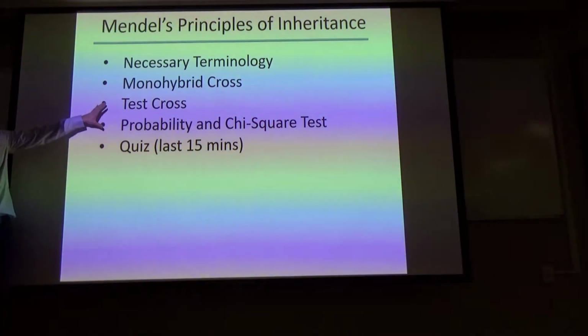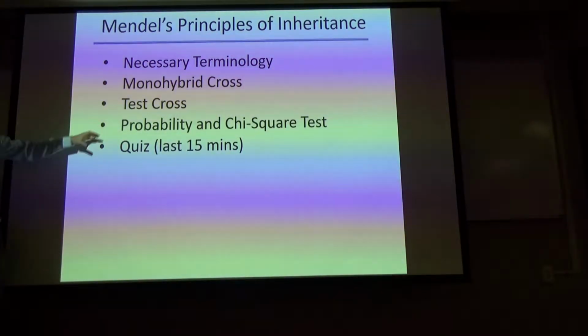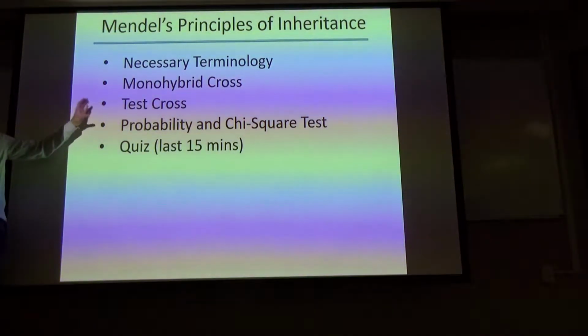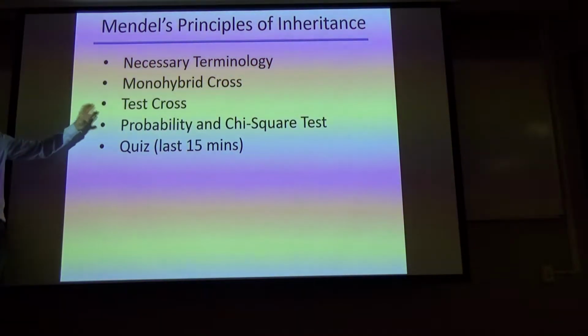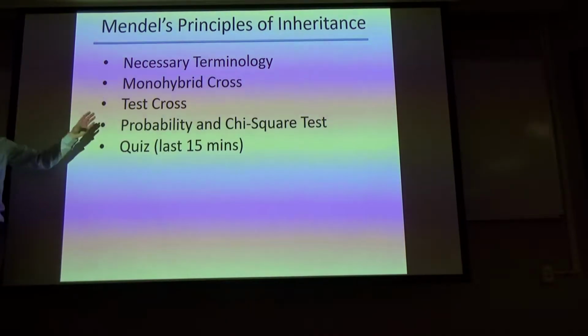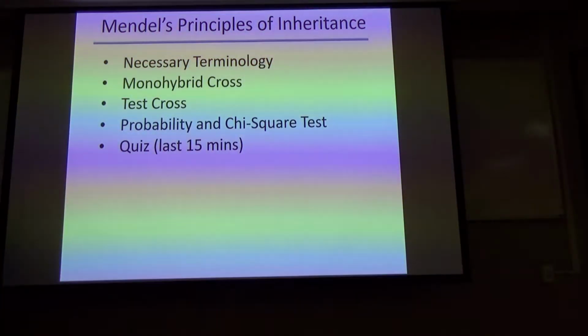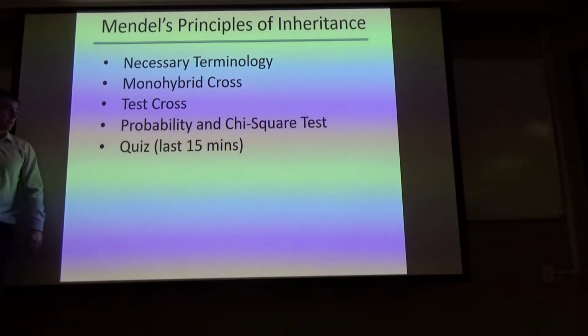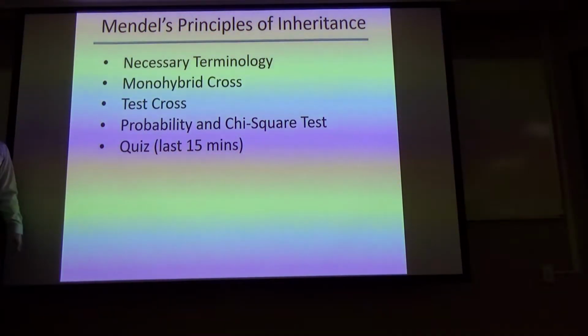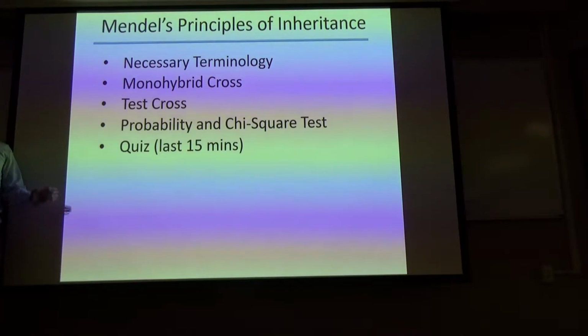We'll go through a monohybrid cross. We'll go through how we proved Mendel's hypotheses about that monohybrid cross and the different factors that were involved in producing the different phenotypes in the following F1 and F2 generations, how he showed that that was actually correct. And then we're going to do some probability and statistics in here. And then we'll do a quiz for the last 15 minutes,